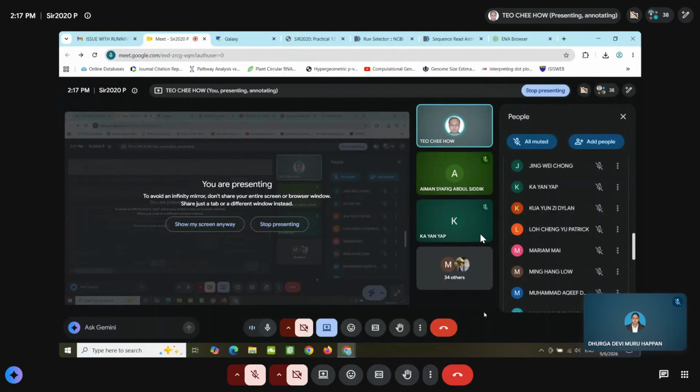Unless you tell the sequencing company, okay, I want 2 different types of data set: one is a raw read, another one is clean read. In that case, you don't need to perform FastQC, because they already cleaned it for you. They remove the poor quality reads and the adapter sequences for you. Then you just use it as the input. You don't need to do any more FastQC, right?